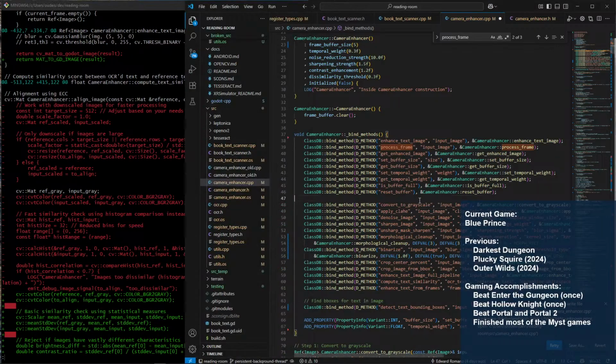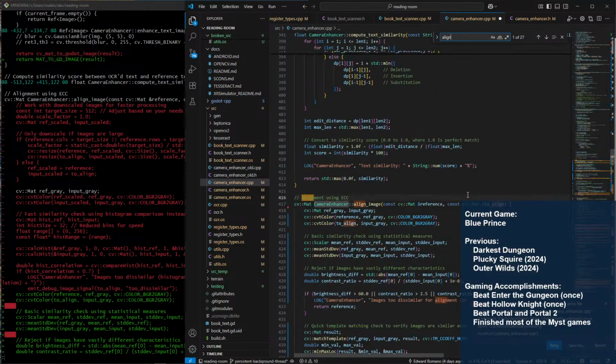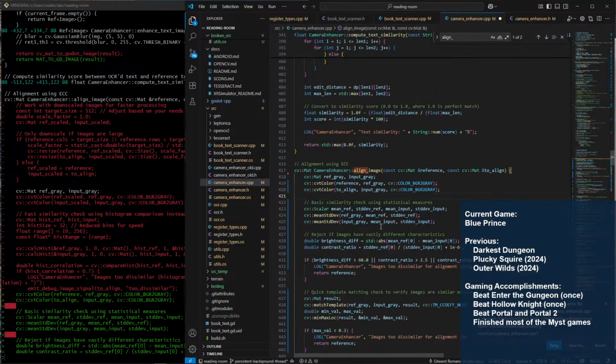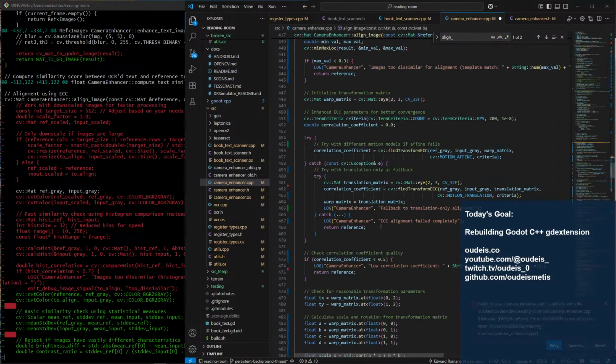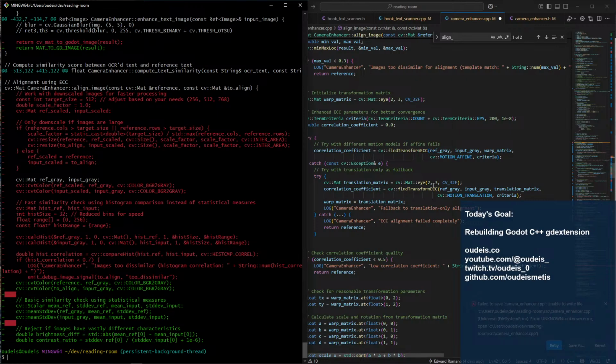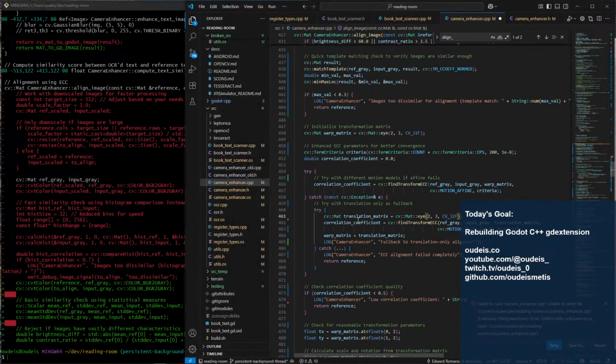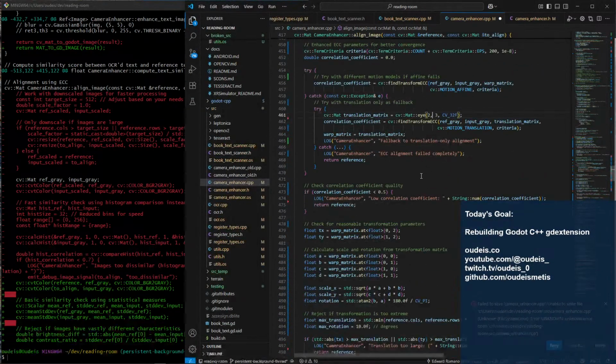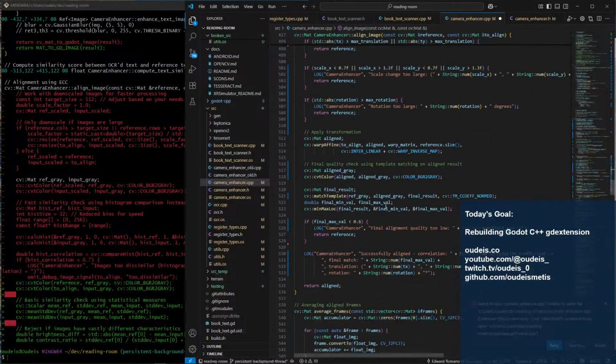And the one thing, okay, so what is it? Align. So here's what I'm going to do. I do want to keep this version of it.